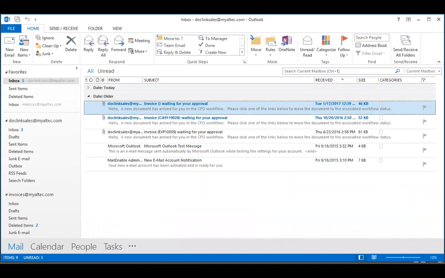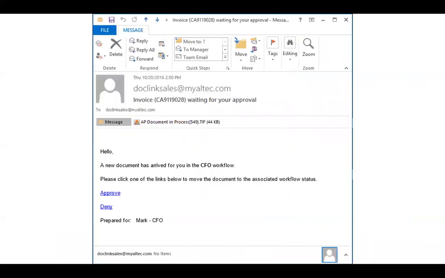And here's an email inbox. You get an invoice sent via email as an approval. An approver, I open it. The document, the invoice could be attached to the email here, as you see. We can configure the body of the email to say certain things, that maybe have details about the invoice, however